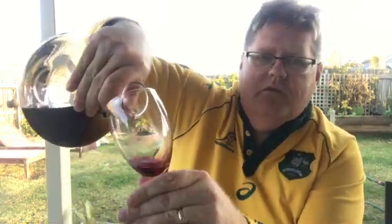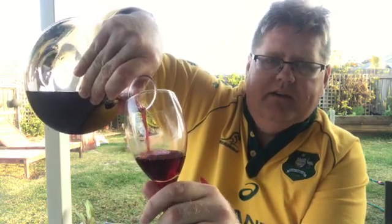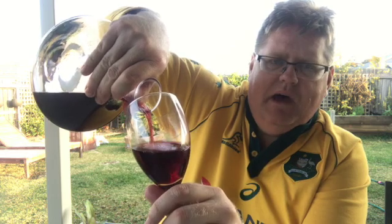I'm just going to pour out a little bit. I had some of this sitting out earlier, so I'm just going to pour it out. As you can see, I'm pouring it out. You can see what a very light body it is. It's an opaque sort of wine. Pouring out, it looks like a really light Cab Sav. Of course, it's not, but it has a similar kind of opaque colouring to it. With a bit of light in the background, you might be forgiven for saying it looks a bit like a rosé, but it's much bigger body than a rosé. I'll tell you that. Some people might even confuse it with a Grenache for the same reason. Well, Grenache, rosé. So anyway,